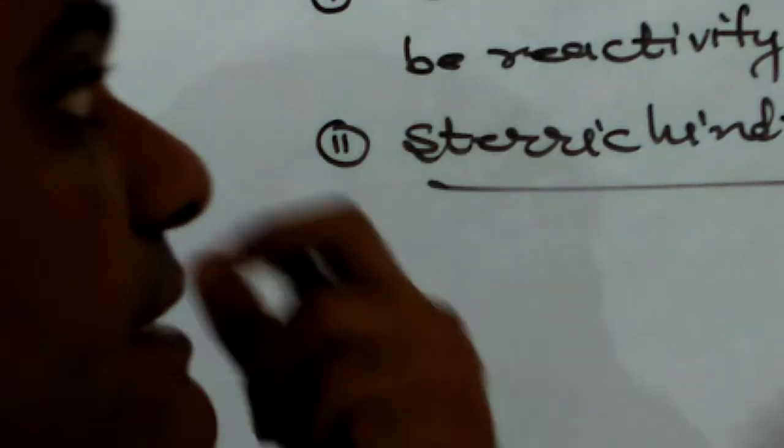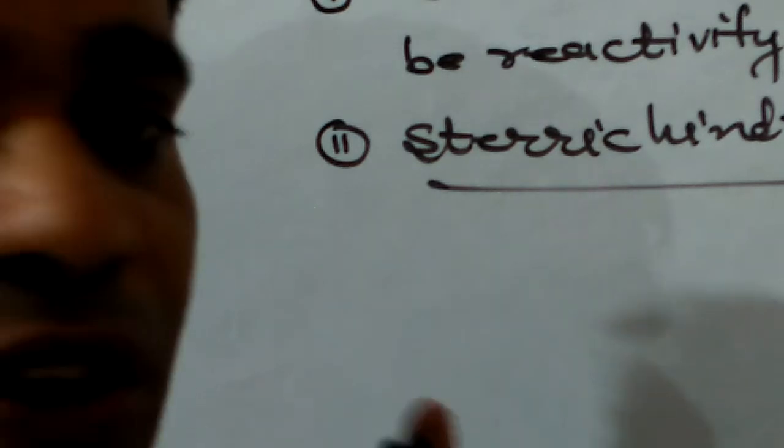So, the first reaction they show is nucleophilic addition, and it depends on 2 factors. One is inductive effect: more electron withdrawing groups, lesser reactivity. The second is steric hindrance: bulkier groups, lesser reactivity. Hence, a question might be: out of aldehyde and ketone, which is more reactive for nucleophilic addition, and why? Our answer will be aldehyde is more reactive than ketone for nucleophilic addition reaction due to steric hindrance and inductive effect.